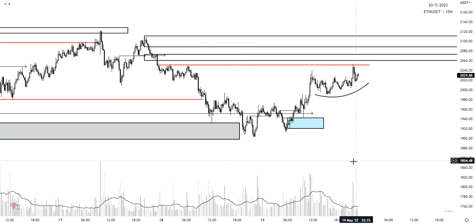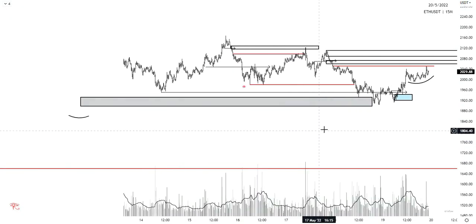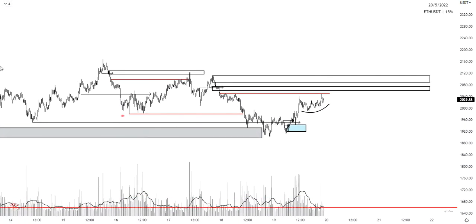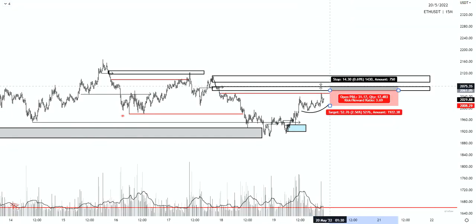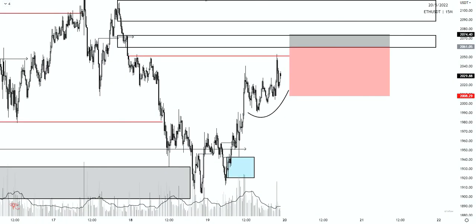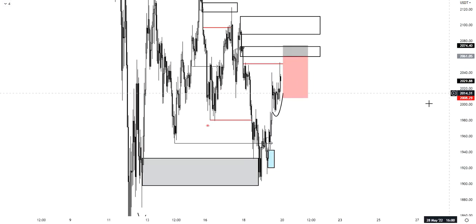We can look to take this trade to the downside. Why? Because we still have our original plan of action, right? Our overall bias. So we look to take short positions on this zone or this zone. This is completely up to how much you want to risk. The reason I'm going to choose this zone in this situation, right, this hourly zone,